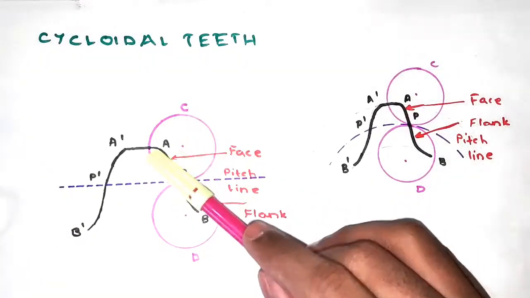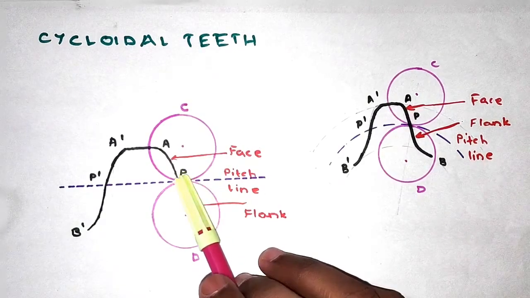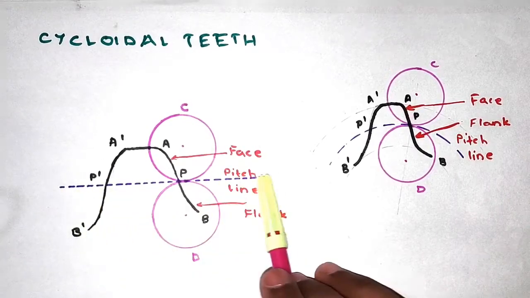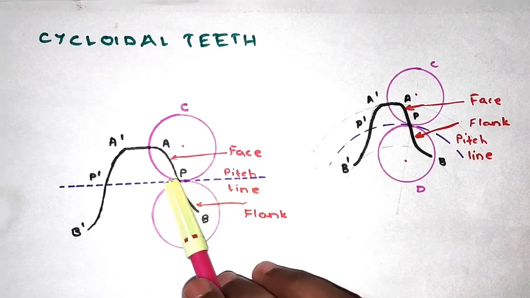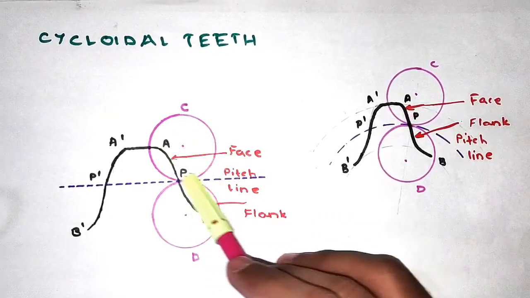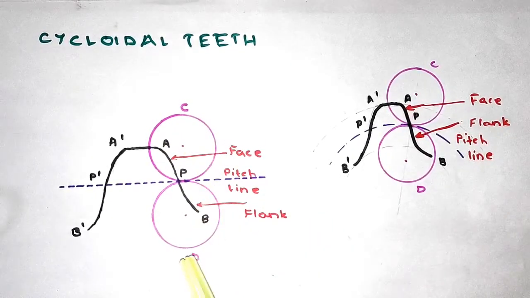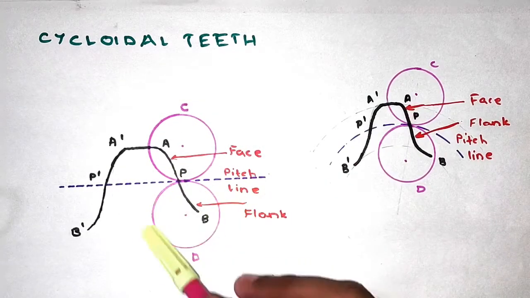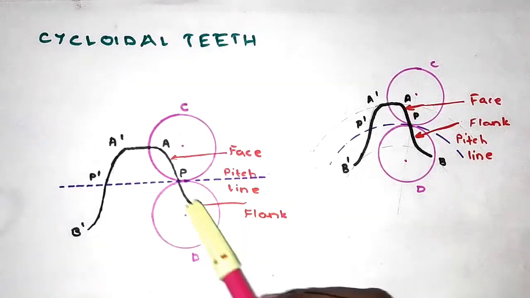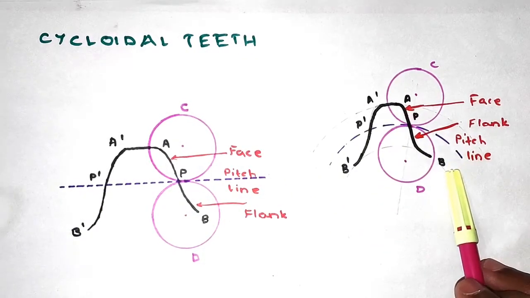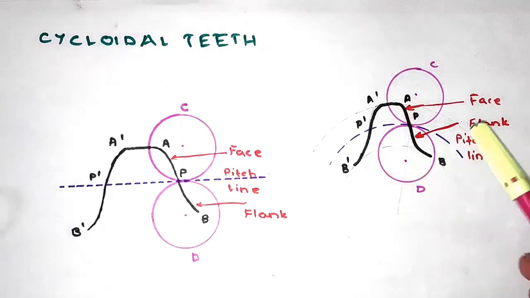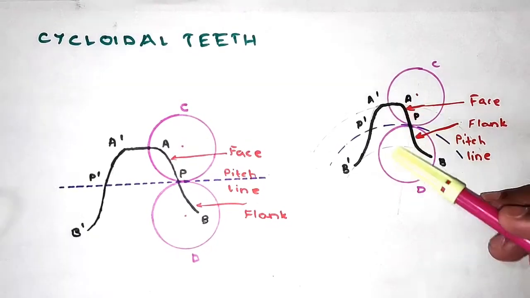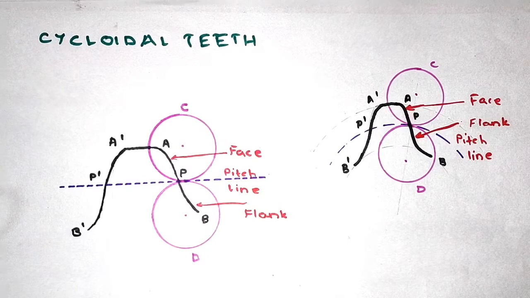So if a circle C has a point P and this point is traced on this circumference, now when this circle rolls, this point P traces a curve outside this pitch line. So we call this the epicycloid. Whereas for the circle D, the same point P will trace below this pitch line, and we call it a hypocycloid. If this pitch line is the case of a regular gear whose diameter is finite, we have again the circles C and D. So C traces an epicycloid and D traces a hypocycloid.